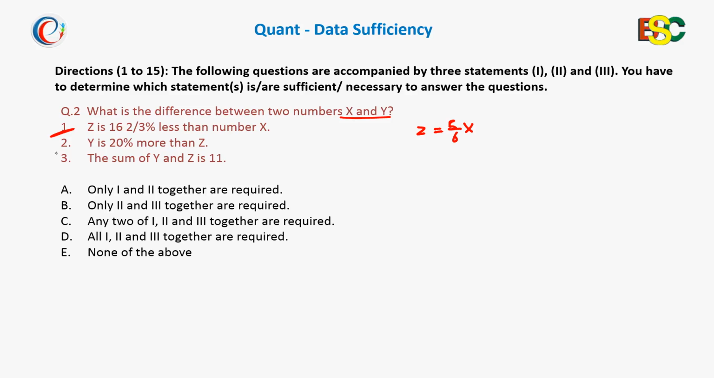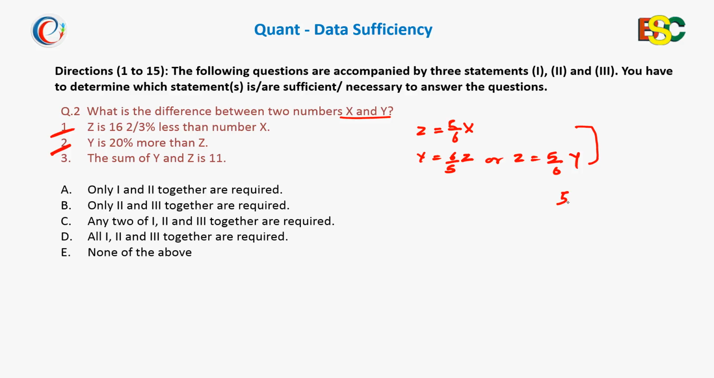Checking the second statement, it is y is 20% more than z, or y is 6/5 z, or z is 5/6 y. Now we know that 1 and 2 alone cannot give us the answer. So if we combine them, then